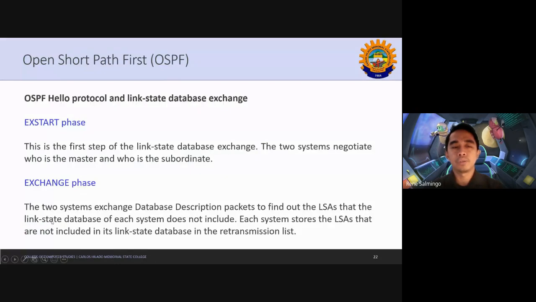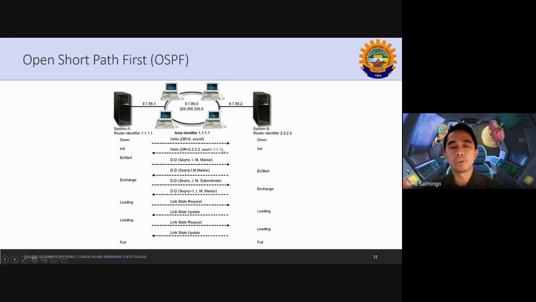Exchange. So there are two systems exchanging database descriptions to find out the LSAs, the link state advertisements, that the link state database of each system does not include. So each system stores the LSAs that are not included in the database, and if they are not included, they will be retransmitted, and